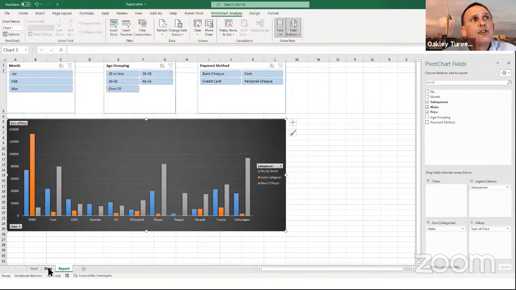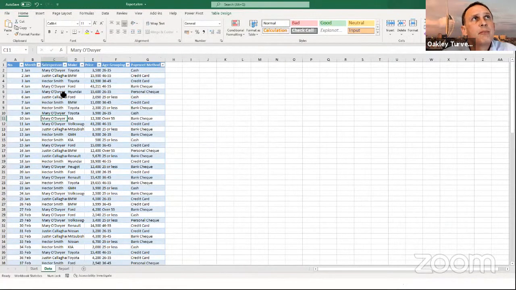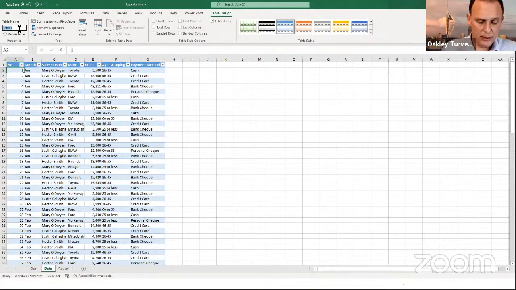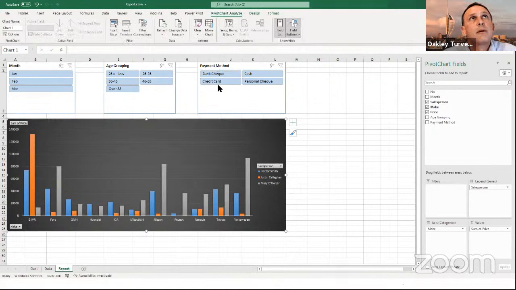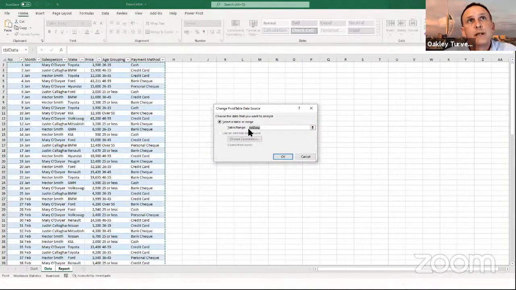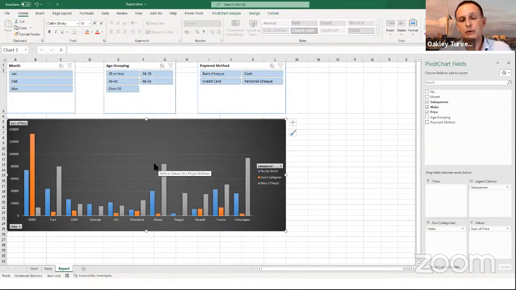Now what we're going to do is clean out the data. So the first thing I'm going to do here is rename this table 1. I'm going to call this TBL data. We could call it TBL sales, whatever you like. I'm just going to show you that if I go back here to my pivot table, if I were to say change the data source, you can see that it's now updated and it's now pointing to TBL data instead of table 1. But like I did say, all of this has to be done before you start recording the macros, because the names of things will be hard-coded into the macros when you do start recording.